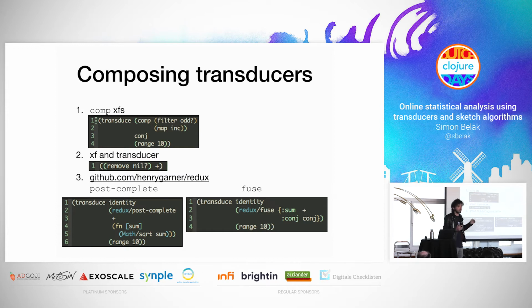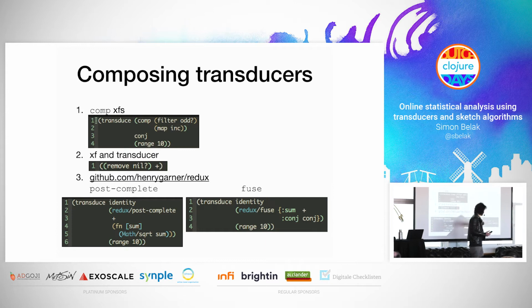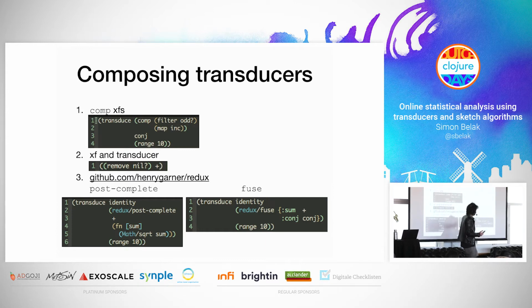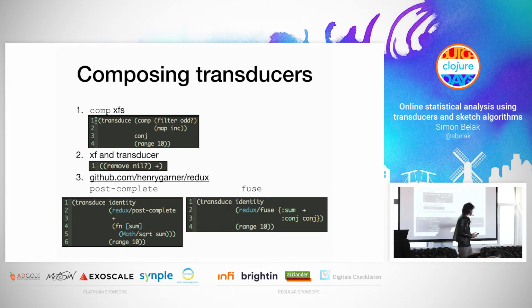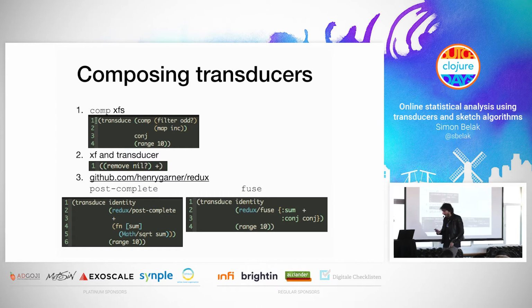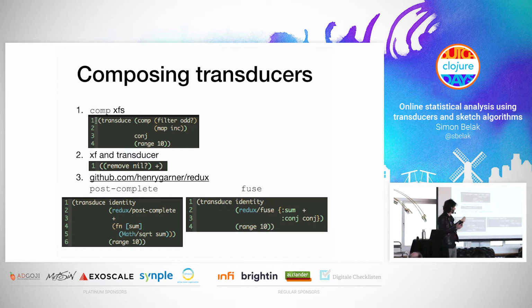So what we do here is, again, start with some dumb simple data, and then in step, we construct a result having both a sum and conjoining all the elements into the end result. And now this enables us to very flexibly combine different transducers and reduce things,